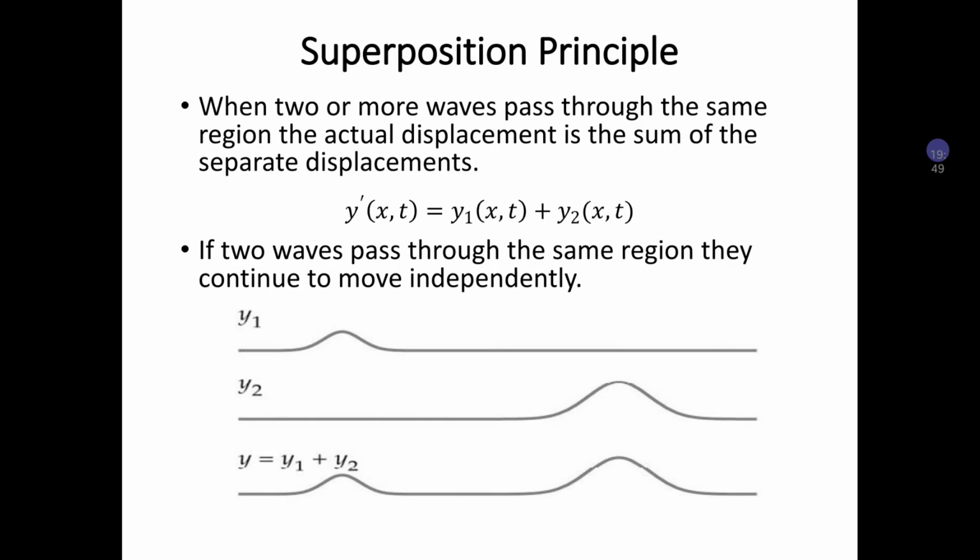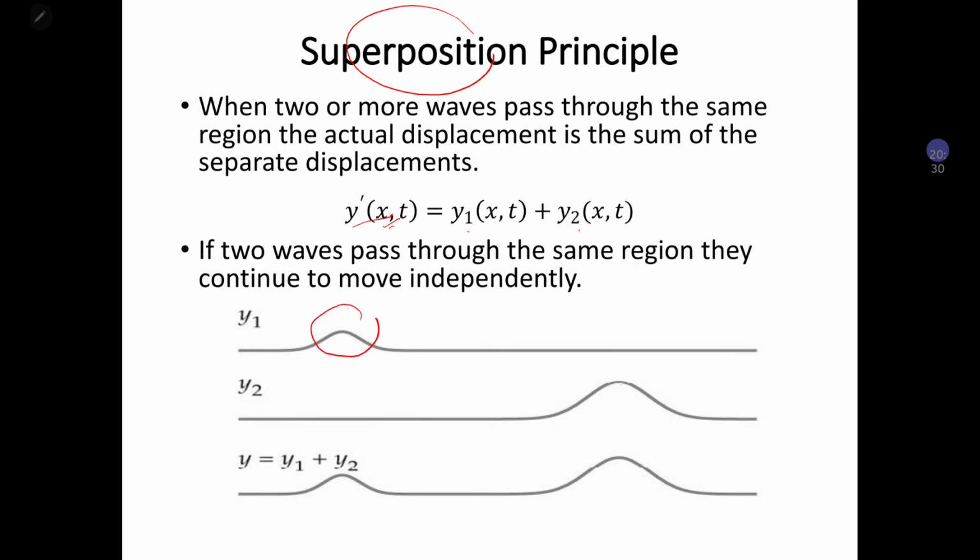Okay, so saya nak terangkan satu je pasal superposition principle. Okay, so superposition principle ni awak sebenarnya dah belajar masa dekat SPM matrix. Superposition which means that addition of wave. Apabila kita ada dua atau lebih wave, apabila dia melalui satu tempat atau region, kita boleh tambahkan wave tersebut, dia akan jadi sum of wave sama dengan wave 1 tambah dengan wave 2.